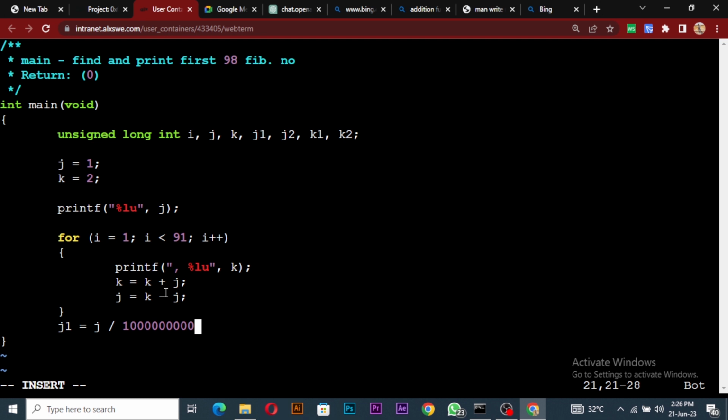Okay, so it's going to be J1 is equal to J divided by 1 billion,